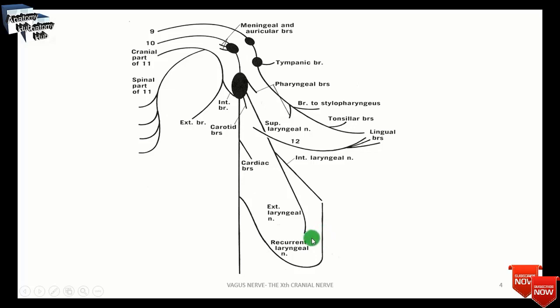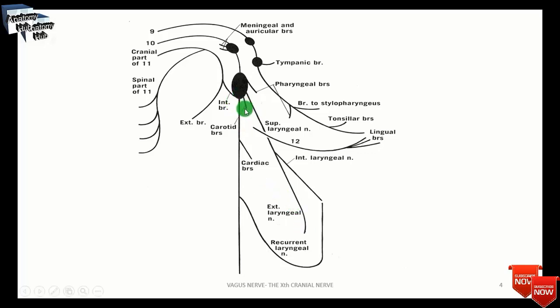The external laryngeal nerve that you can see here pierces the inferior constrictor of the pharynx and enters the cricothyroid muscle, supplying both the muscle and the membrane. Then the depressor nerve, that is the carotid branch.